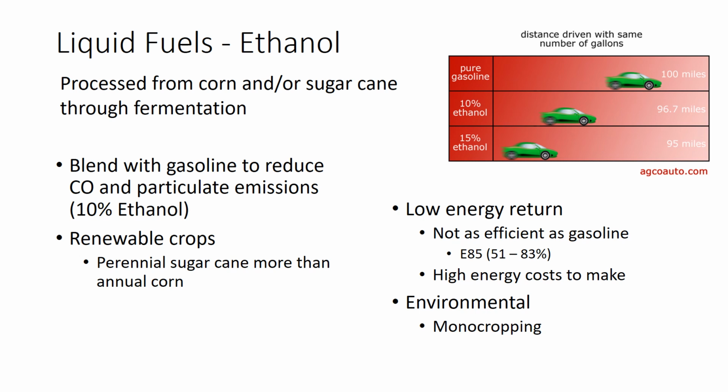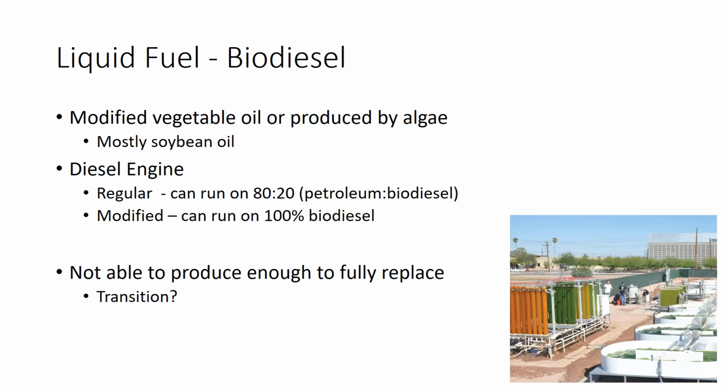I don't know. Okay, so here's biodiesel, which is also a liquid biomass, and it's made from modified vegetable oil, so you can use used vegetable oil. Mostly we use soybean oil, so the oil that restaurants use for French fries and to fry your fish and chips. Well, chips are French fries, so I'm redundant there. You get it.